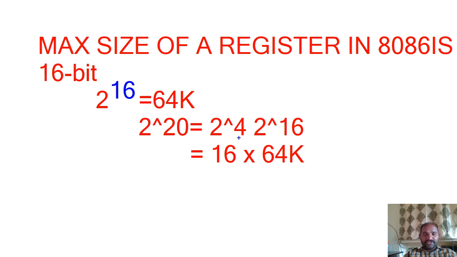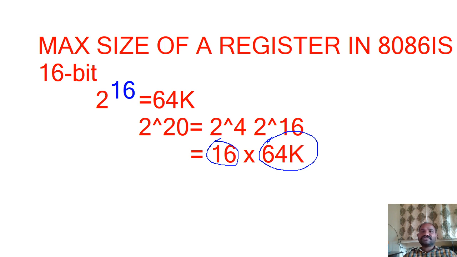Now look at this. We are having 16 blocks. Each block size is going to be 64k. Why is each block decided as 64k? Because the maximum size of the segment register is 16 bit. Whatever registers there are in the 8086 microprocessor, such as the segment register, instruction pointer register, and source index register, they are 16 bits wide. So that's why the virtual blocks, which are named segments, are 64 kilo size.